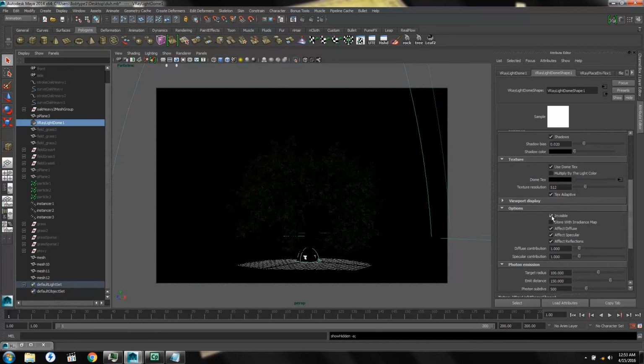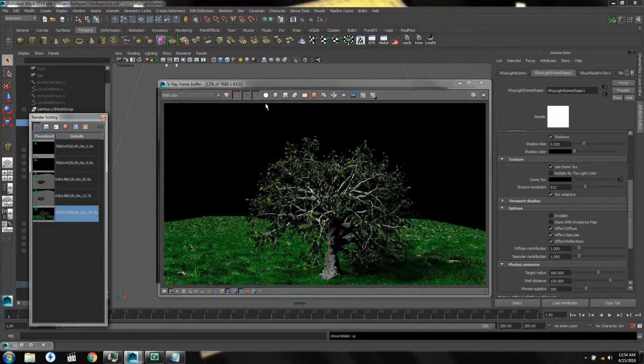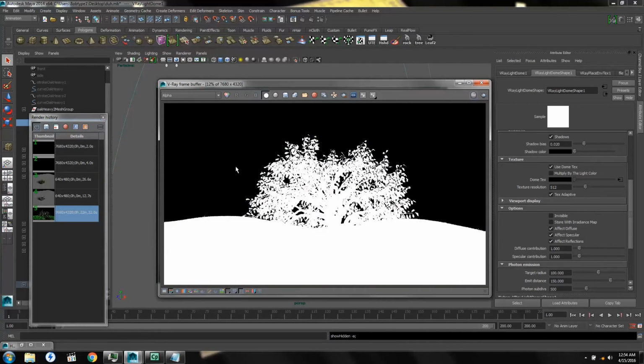My dome light, and show the difference between making an invisible dome light as opposed to a visible dome light. We're going to load our 4K picture, and we'll notice that it has an alpha matte because the dome light is set to invisible, which is not the default setting. You have to set it to invisible to get this alpha matte. If you leave it visible, which I'll show in a second,